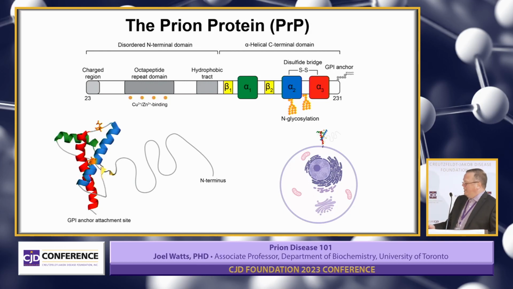So this is the prion protein. As Brian mentioned, the shape of a protein determines what its function is, and we're not really sure what the PrPC does in the brain. What we do know is that it's found on the outside of a cell. So here's a cell. The surrounding part of a cell is called the lipid bilayer or cell membrane. So the prion protein is attached to the outside of this, so it faces the outside of the cell.